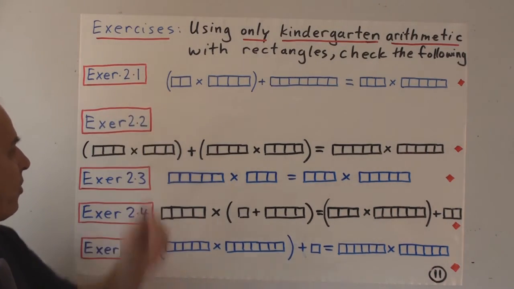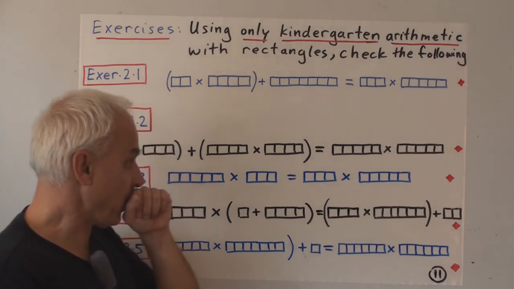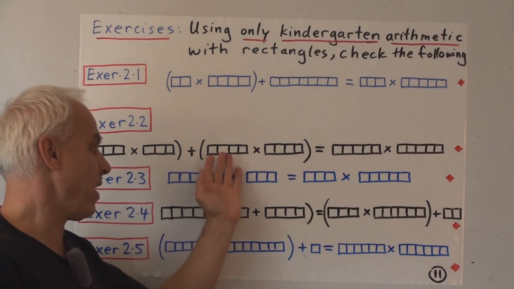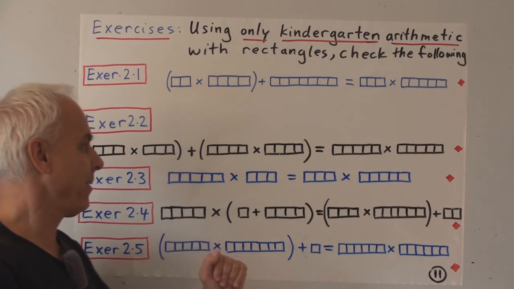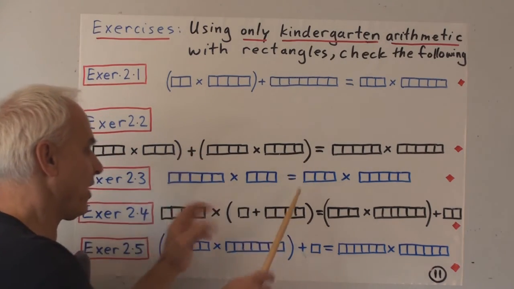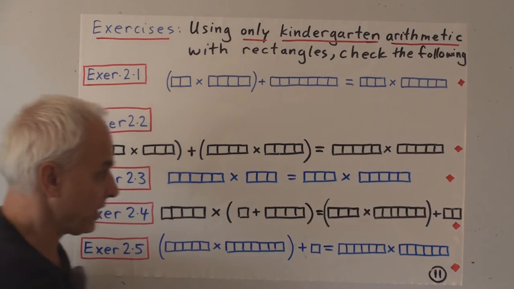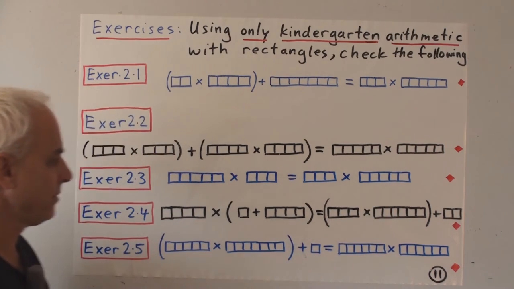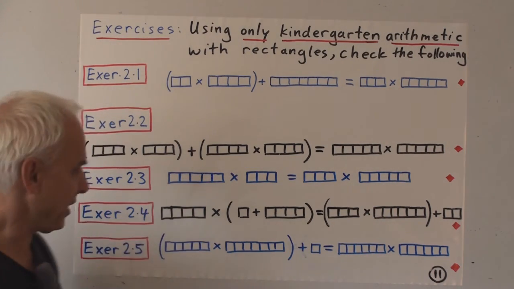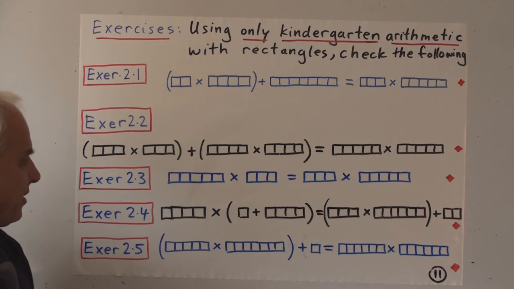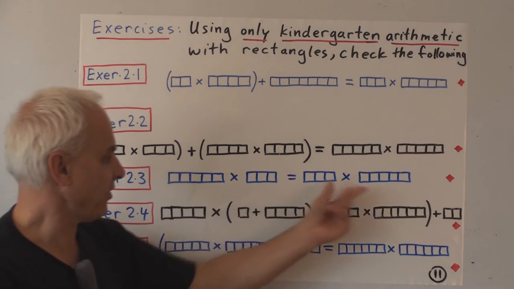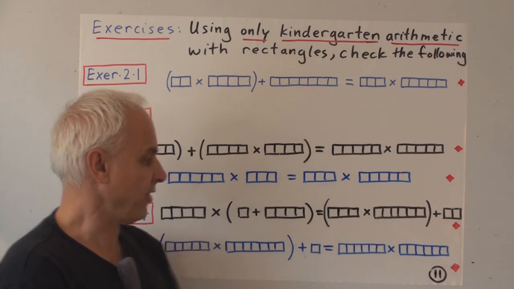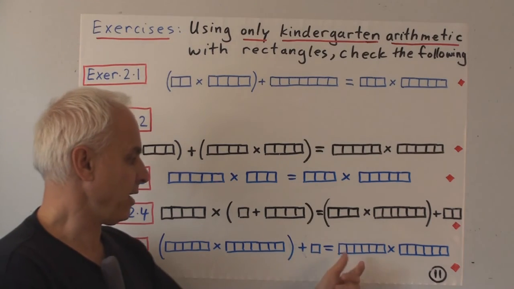That's exercise 2.1. This one says that if you take 1, 1, 1 times 1, 1, 1 and you add 1, 1, 1, 1 times 1, 1, 1, 1. So first you compute this, then you compute that, then you add those two. Then you get the same as 1, 1, 1, 1, 1 times 1, 1, 1, 1, 1. Okay, I might not say all of them. I think you can hopefully read what you have to do. This times this equals this times this. This times this plus this equals this times this plus this. This times this plus 1 equals this times this.